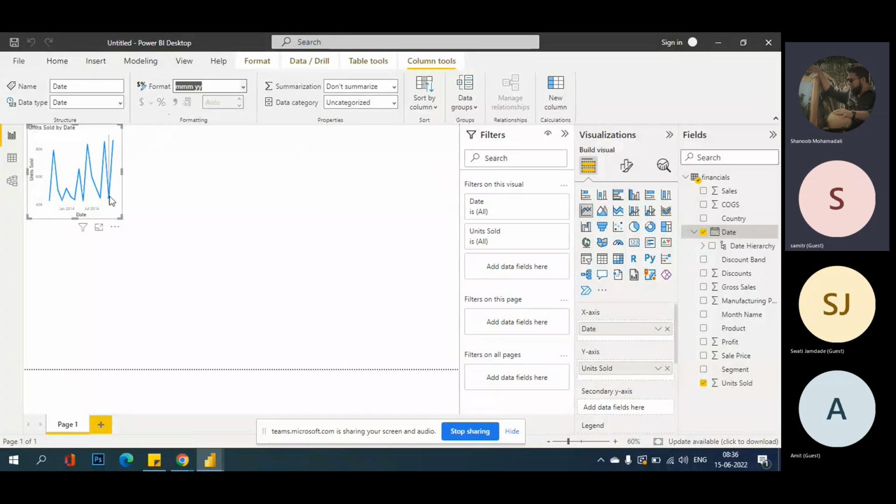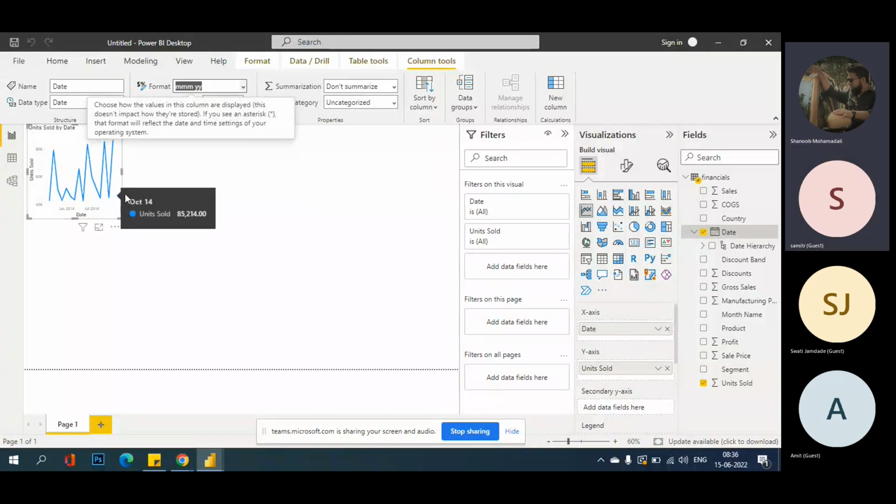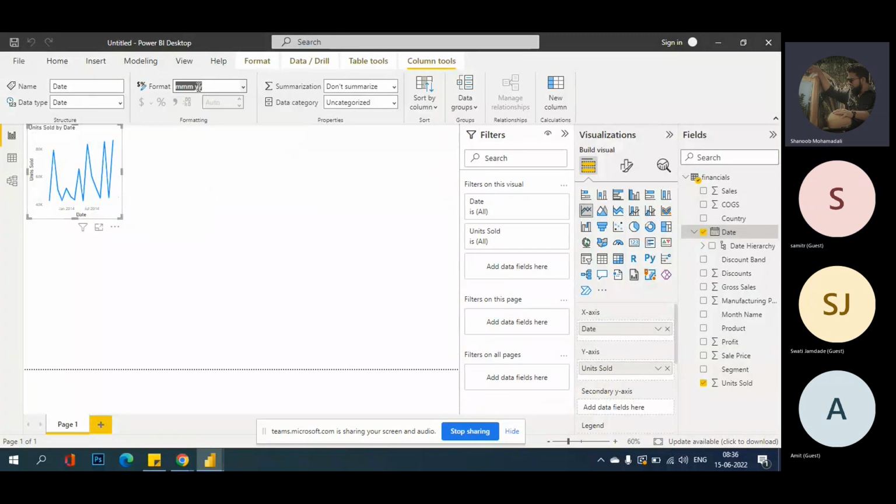Now it's working. Yes. Now you need to change this to continuous, categorical from the format of this visualization. If you go to its format,